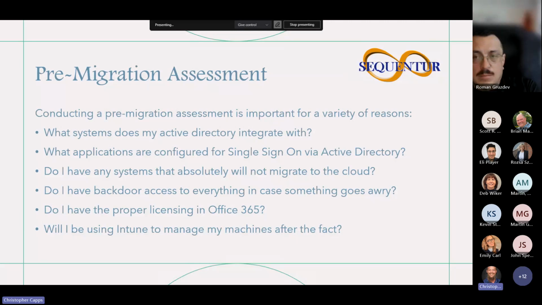There's almost always a workaround. The best example I have of no workaround is the one I just gave, where you have a proprietary system that requires a hardware key for licensing for the software to run. I see this a lot in manufacturing environments. In that case, you're essentially just stuck unless the vendor is going to allow you to virtualize it. But in most cases, you can still hook your hardware machines into Azure and provide access. It just will no longer be through Active Directory. So the point here is if the system relies on Active Directory specifically for authentication and function, you'll be at a loss.